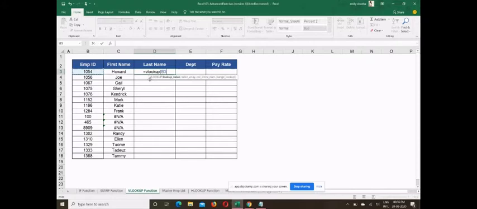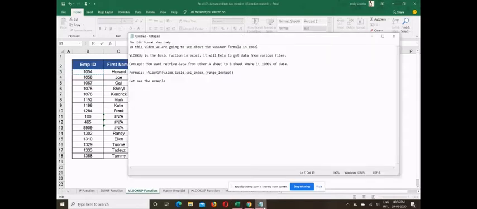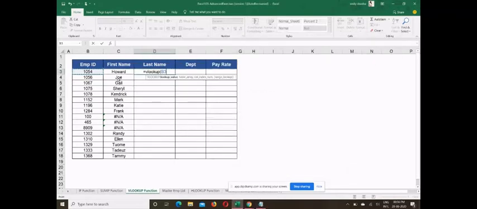Employee ID, that is the value. I want to look up this value, which means I am taking this as a constant. So the person who has the employee ID 1054, I want to check his last name.